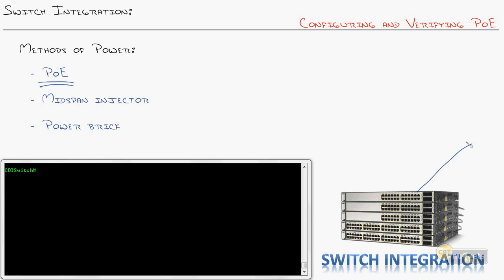Now, as an honorable mention, I'll mention these two as well. You saw it in the last nugget, a picture of one. They have inline couplers that you can use to inject. Maybe you have just a deployment of a couple phones. You're doing like a test, and you don't want to upgrade your switches yet. Oh yeah, those work just great. Or those onesie, twosie devices out there that need the power. They also create power patch panels where you can put an entire patch panel in between the switches and deliver